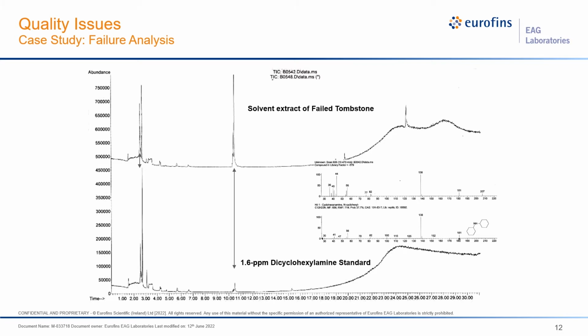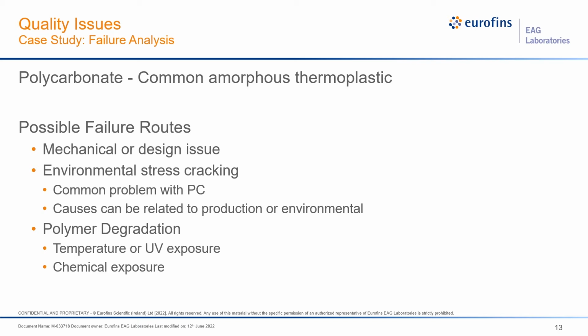Upon identifying the polymer and the possible contaminant, several polymer modes of failure were discussed with the client. Let's discuss those. To briefly step back several slides, I mentioned the polymer had been identified using NMR, FTIR, HATR, and pyrolysis GC mass spec. As you can see from the slide in front of you, the polymer was identified as polycarbonate,